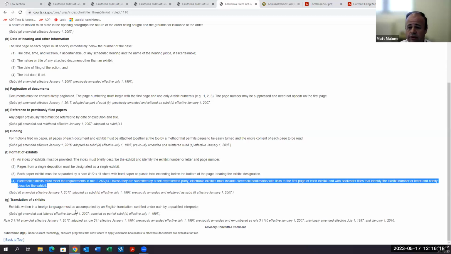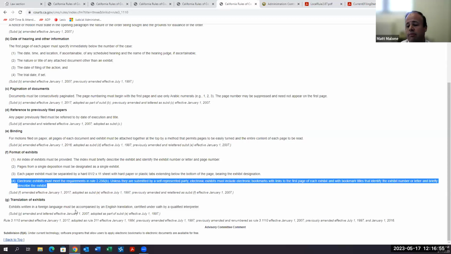cases with administrative records, anything where the exhibits are large. Sometimes, I've seen it arise in anti-SLAPP motions where there's just a ton of exhibits because there's a lot of stuff that happened and filers have included a lot of it for context. An exhibit filed without bookmarks that is 600 pages, I'm not going to say might as well be filed in the trash. It will be reviewed, but keep in mind, it makes it so much more difficult for research attorneys and for judges to navigate an electronic exhibit when there aren't bookmarks.